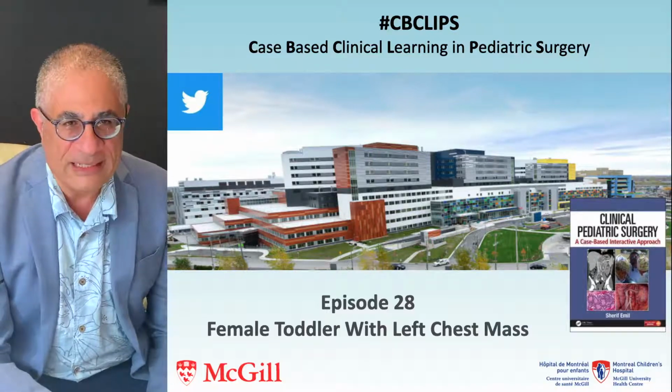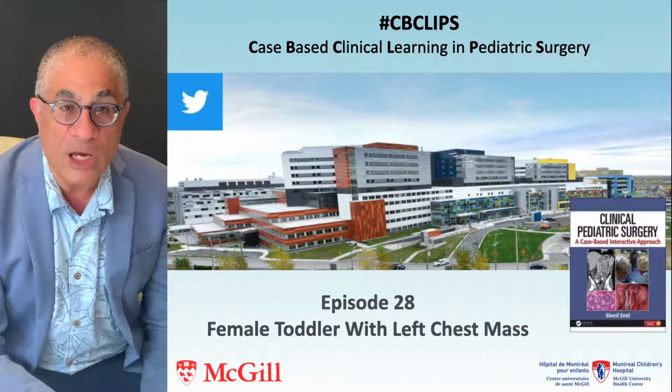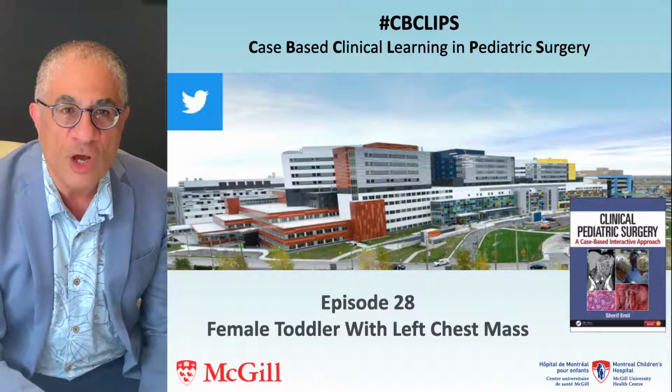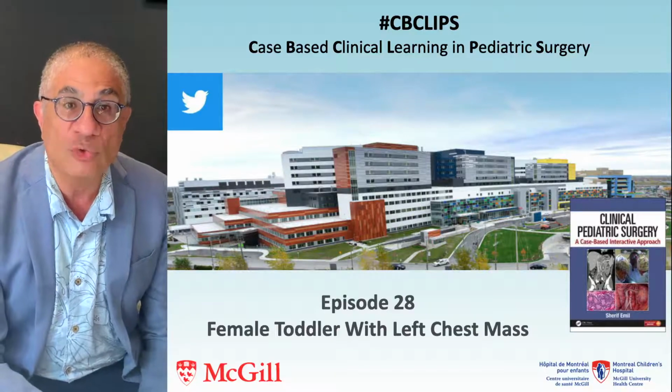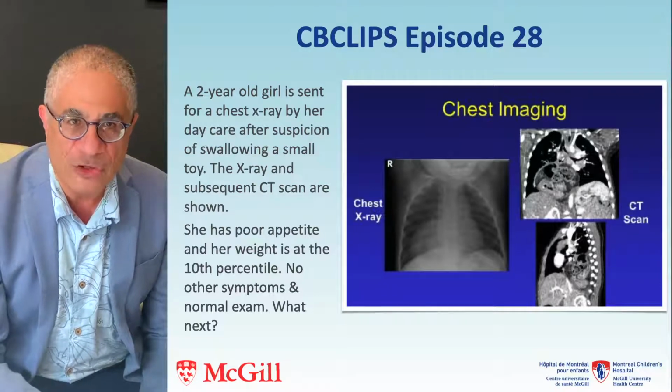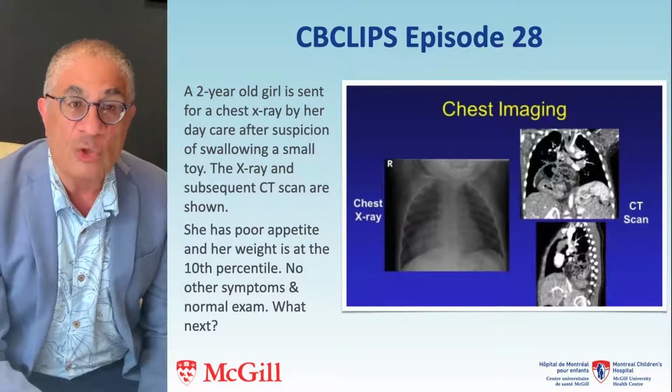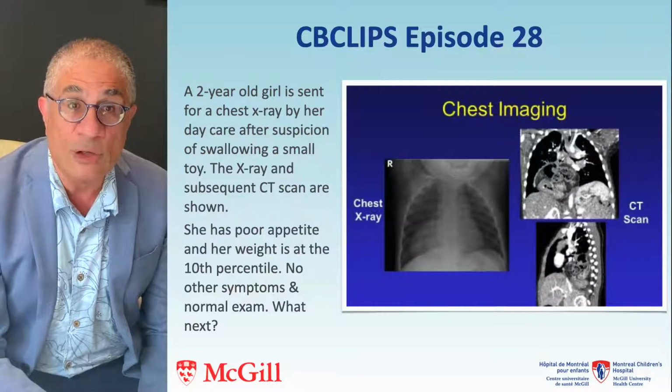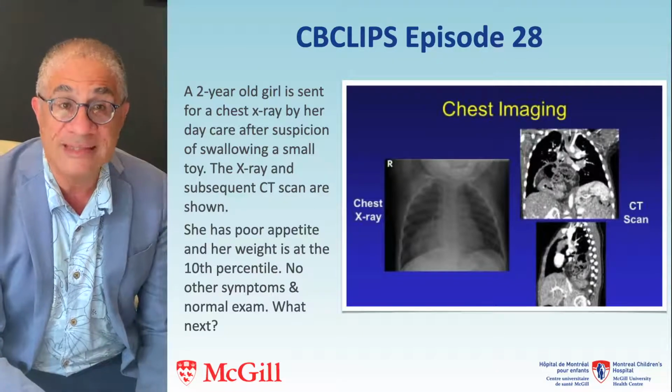Welcome to another CBCLIPS. In this episode of CBCLIPS, I show you an incidentally discovered right chest mass in a 2-year-old girl. And on the CT scanning, you can see that this is a diaphragmatic hernia containing intestine. You can see on the coronal view that it's in the right medial chest, and on the sagittal view that